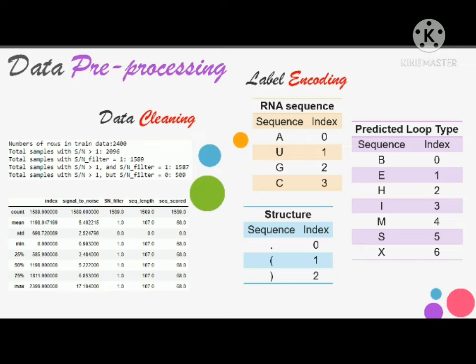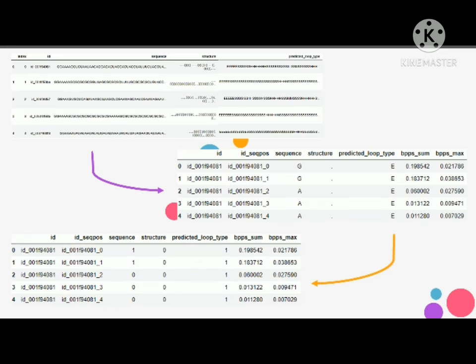To convert non-numerical data types to numerical data types, label encoding is proposed to encode the 3 non-numerical features, which are the sequence, structure, and predicted loop types, in a way as shown in the table, by first splitting the arrays into single characters, which resulted in the number of instances increasing drastically from thousands to 100,000s,